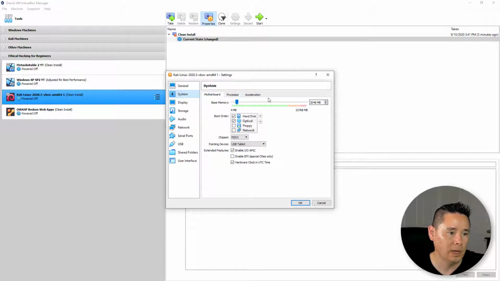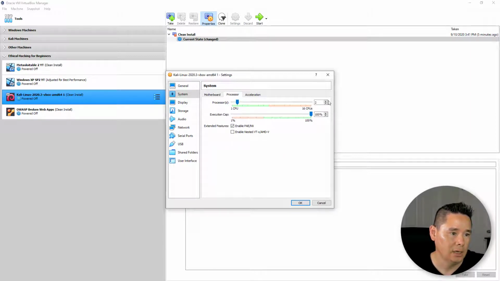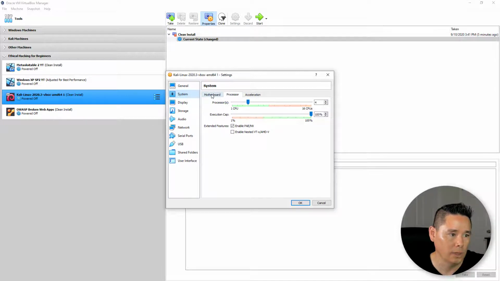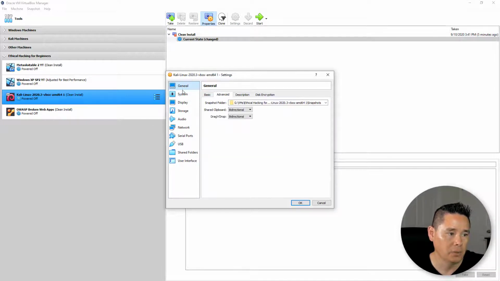And then for this one, I want to bump up the memory and the RAM just because this is the one that we're going to be working on. So for this one, because I have a lot of memory on my system, I'm going to bump it up to 8 gigs, and I'm going to give this 4 different cores on my system. And for the display, I think everything is fine here. I don't need to enable 3D acceleration, so mainly just the network and the system with the processor, the memory,